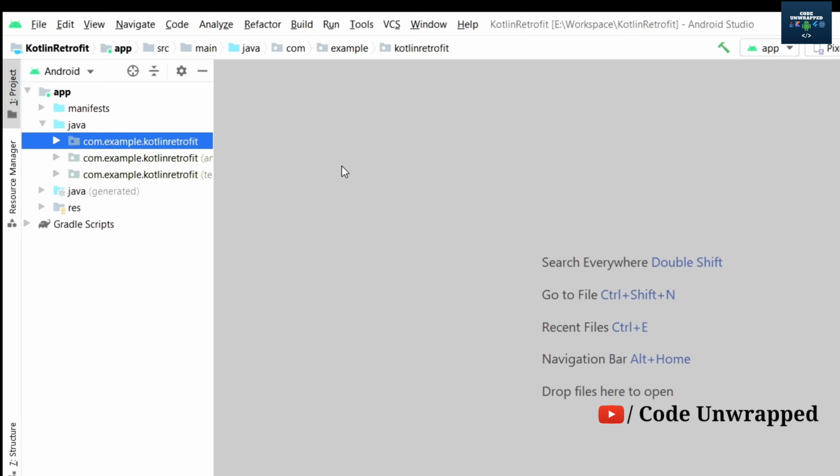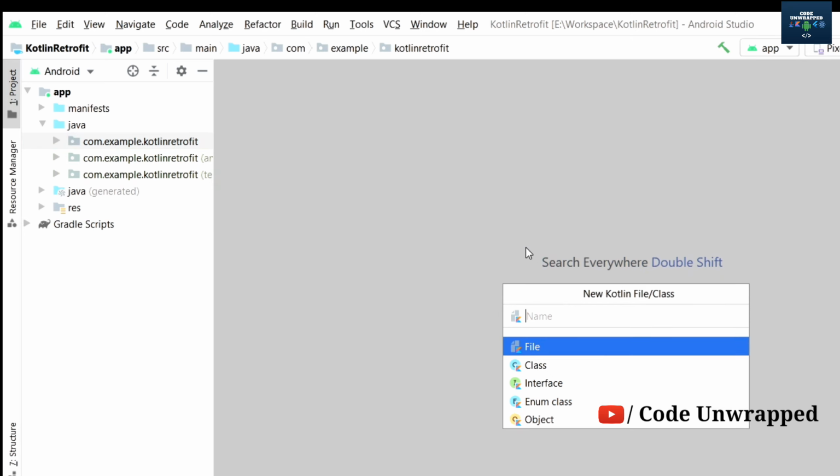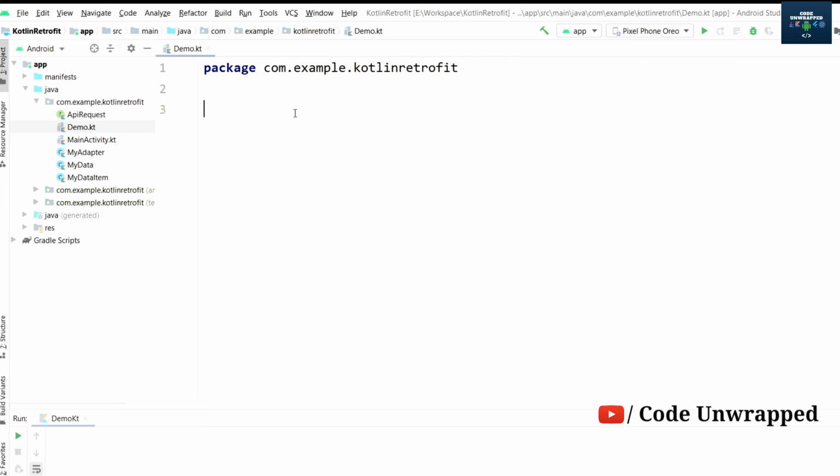So here I've created one project and I'll create one Kotlin file class to demonstrate if-else conditions. I'll name it as demo and I'll choose this file. So here we have created one Kotlin file. And in this, I'll try to write a main method by using main keyword and I'll press enter. Now, as you can see, this is the body of main method and we'll try to write if-else condition inside this main body. So before proceeding further, let's see what exactly if-else conditions are.